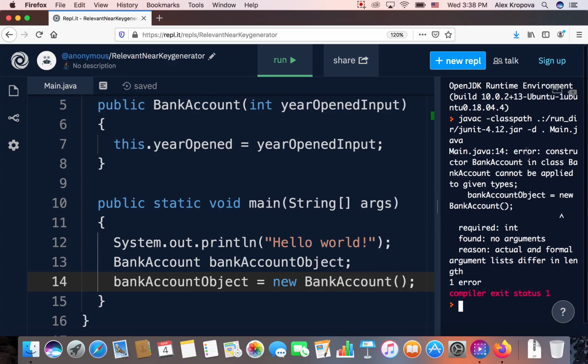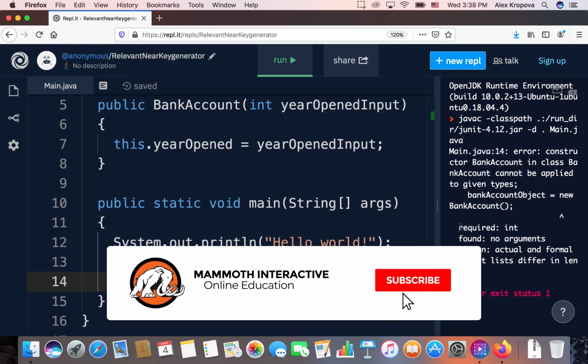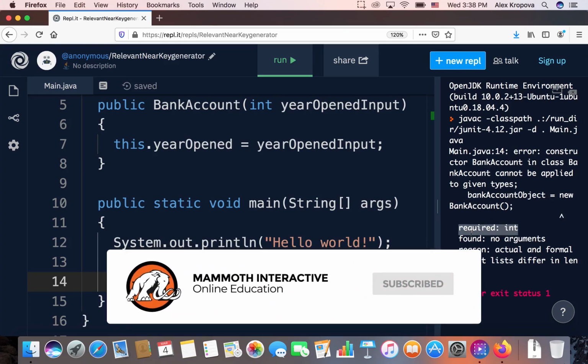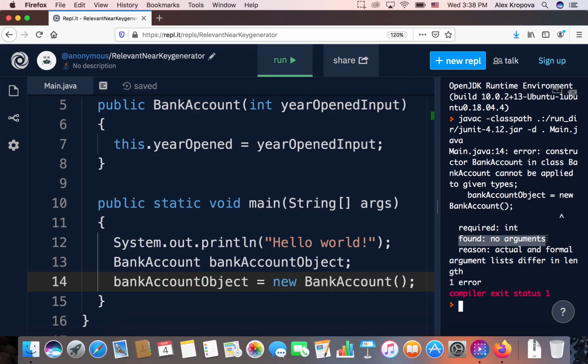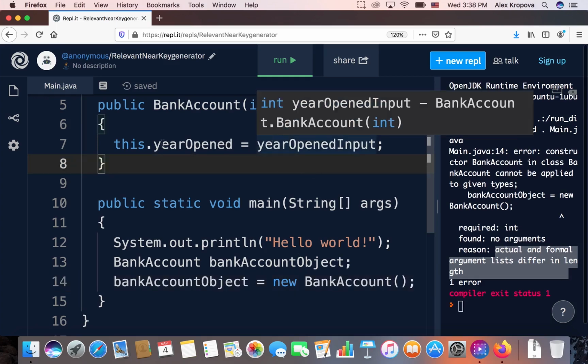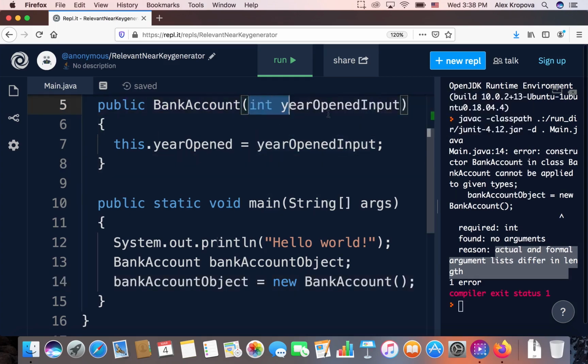Well, you can see we'll get an error that says constructor bank account cannot be applied because there is required to be an int, but there were found no arguments. And the reason for the error that the compiler gives us is that the actual and formal arguments differ in length, which means that because our constructor has an integer in the parameters,